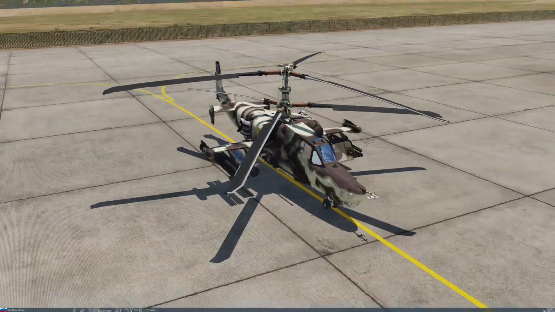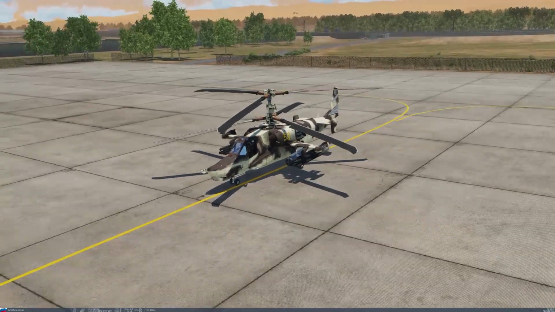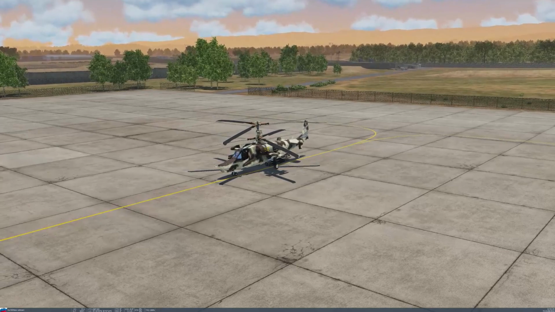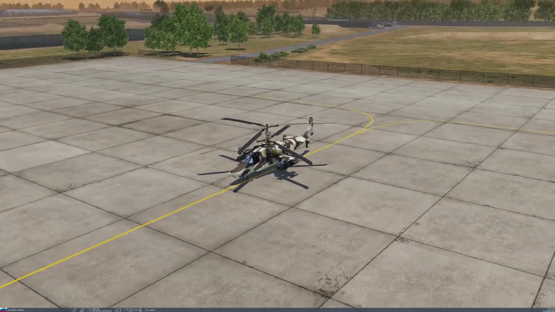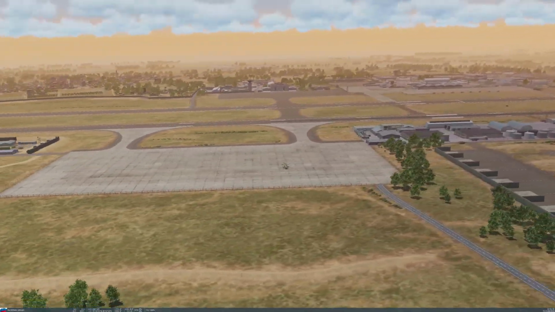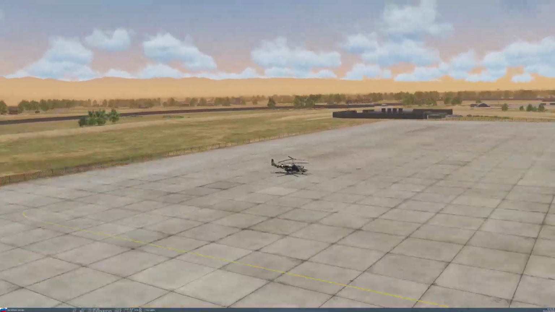we're in a Russian Ka50 on the Syrian map. I just love this map, both for airplanes and helicopters, but it's superb for helicopters. You got so much terrain to play with. But we'll get to that in another video. So for now,